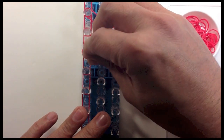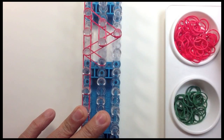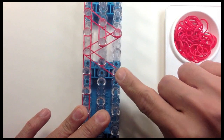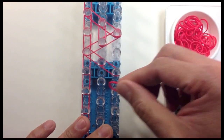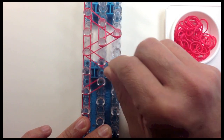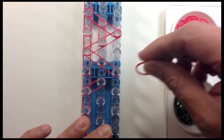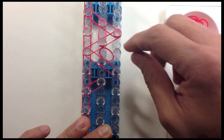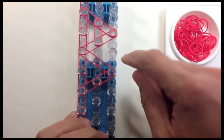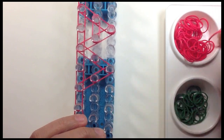from the left to the center in a diagonal, from the center to the right in a diagonal, from the left to the center in a diagonal, and then from the center to the right in a diagonal. And then we cap